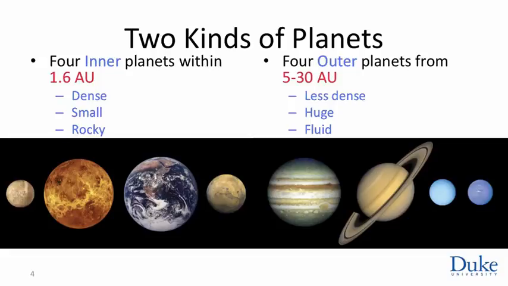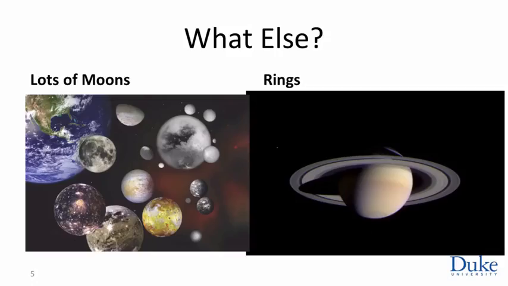Okay, we have 8 planets. The solar system is not just the sun and 8 planets. There's other things floating out there. What else is there? Well, around many of the planets are objects that are captured in gravitational Keplerian orbits about the planets as they orbit the sun. They're called moons. We know of our moon. There are a total of about 150 moons in the solar system, most of them orbiting Jupiter and Saturn.